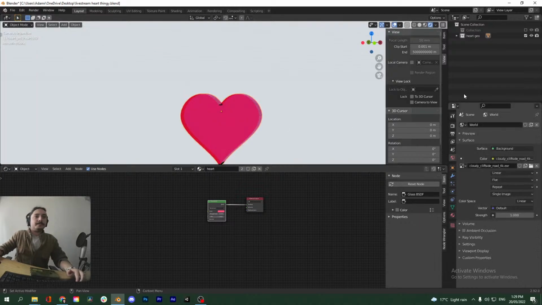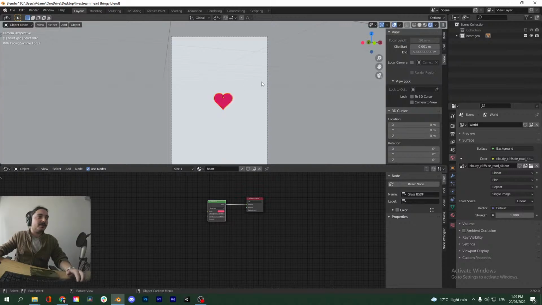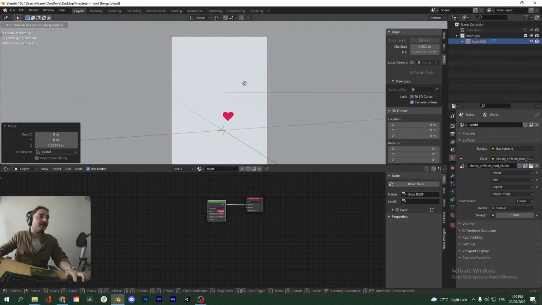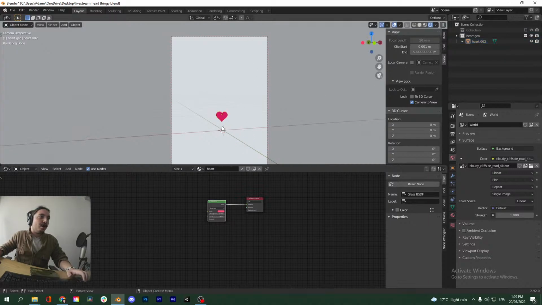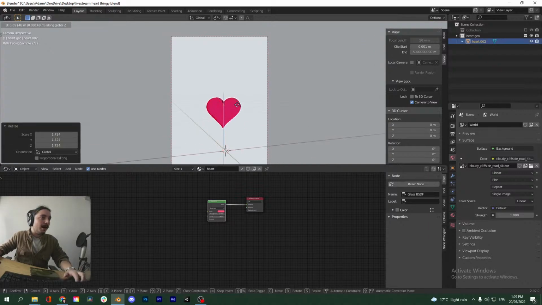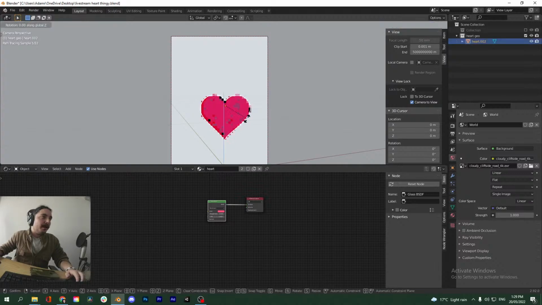So the world lighting is at 1, so we might want to bring that down. Remember, we're still using the cloud HDRI, so yeah. By the way, okay, since we're done with this whole effect, we can actually move the camera back up. I'd rather have everything above the ground plane, as I mentioned earlier, just because it's easier to keep track of, and you know, if I add a new object, it will add it to this point, so I don't have to move it down every time. So yeah, here you have a little heart emoji.